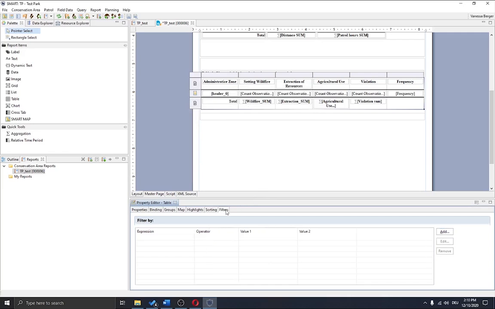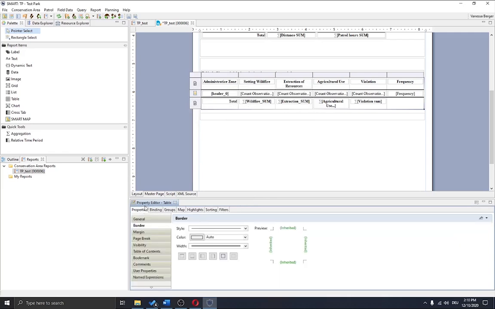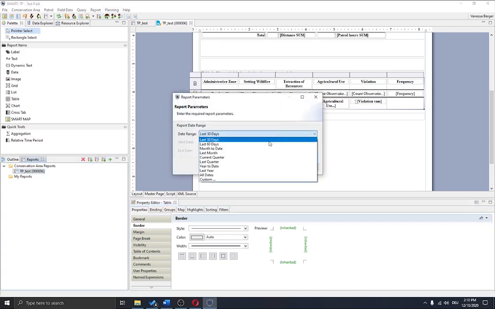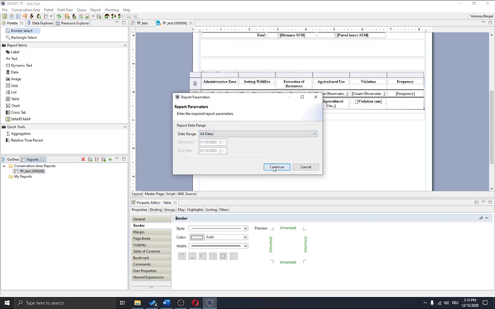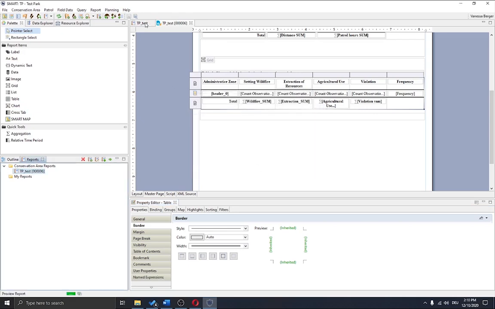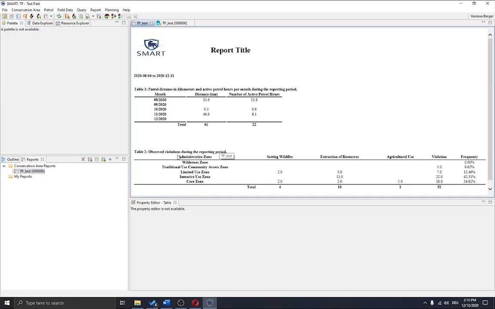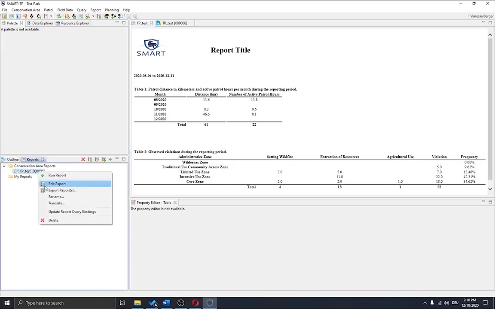We could also filter the table, but for now I only want to sort it. So we save again and have a look if the sorting works. So now the wilderness zone is the first one, then the traditional zone, so the sorting works properly. So we go back to our report